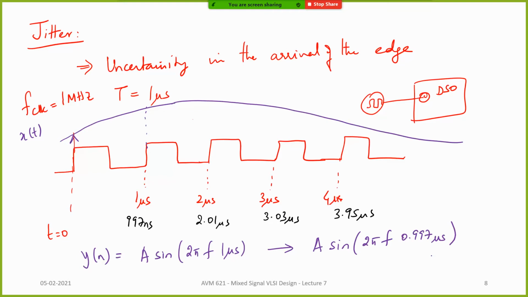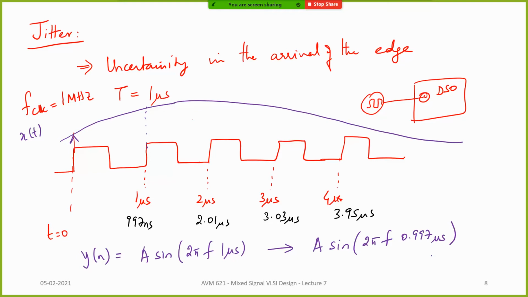So will there be a change in the value that is actually sampled? Yes, right? In the same way, for each instance, there will be a very small change. It's not going to be a very large change, but there is going to be a small change. And especially when you are designing data converters, we are talking about very high resolution data converters, and this jitter is going to affect your performance. So typically your SNR or your SNDR will be limited by jitter also.